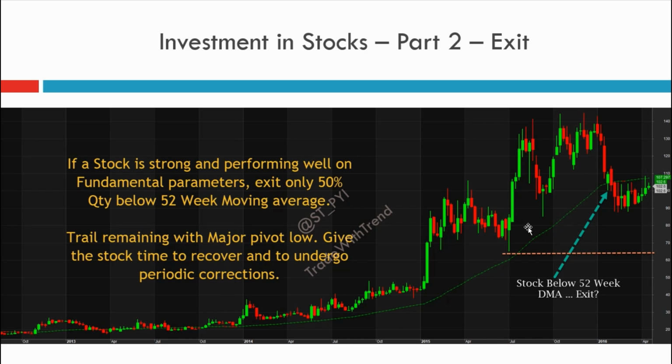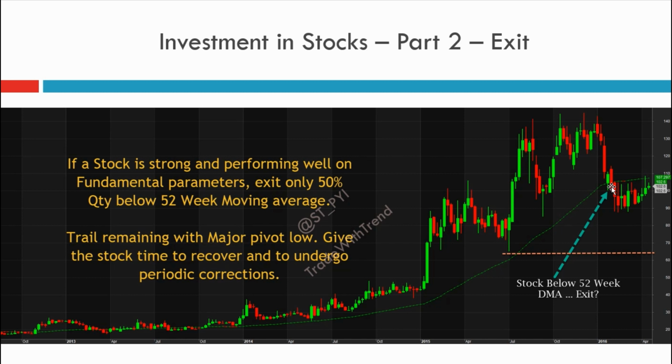Then what you see is the stock actually breaks the 52-week moving average. Now what do you do here? Do you exit all your investments? Well, the answer is no. What you should do here is just exit 50% of your investments, right? Particularly in case a company is doing well fundamentally and delivering strong results, do not exit the stock completely. Since you have taken entry somewhere here, you still make good gains, but you just exit 50%